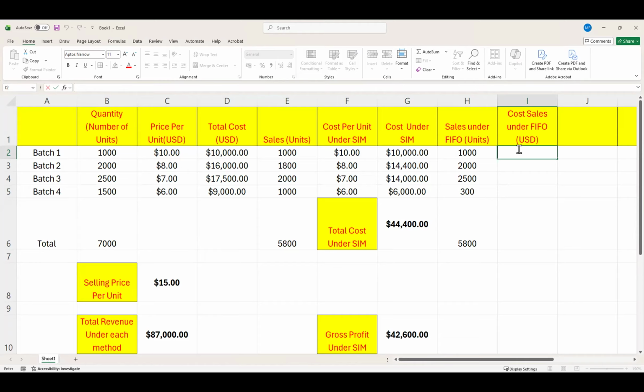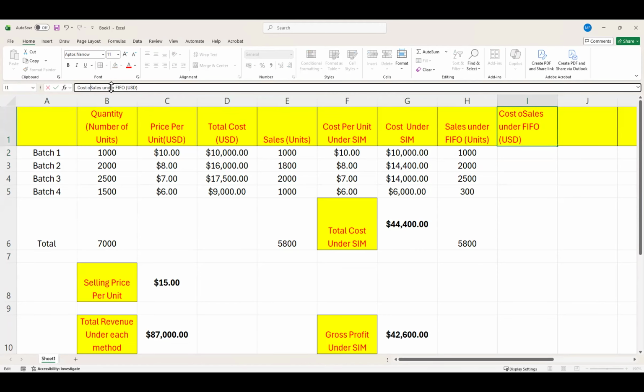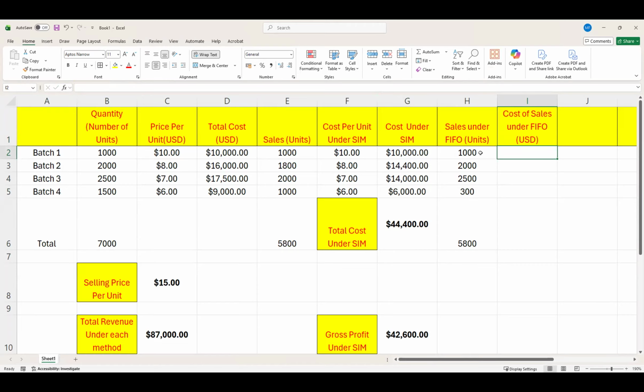B and C? No, no, no. Cost of sales under FIFO: 1000 units from the first batch, and it is assuming 2000 units from the second batch. No, not B and C. Think about it, Karthik. B and H are different. Got it? For specific identification, it was okay. So even though the first three cells are the same for H and B,